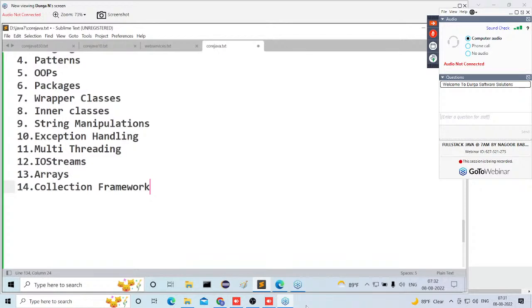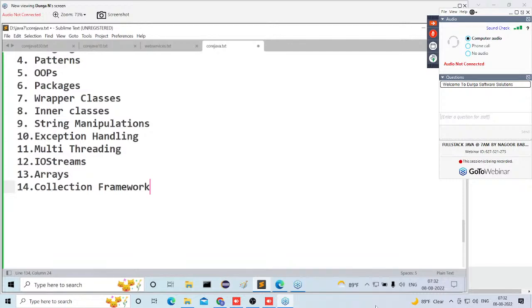But again, I'm telling you, from the point of flexibility, the collection framework is very good. But from the performance point of view, arrays are still very good. Understand? So depending on our situation, if the requirement can be completed with only arrays, then the suggestion is to use arrays instead of the collection framework.